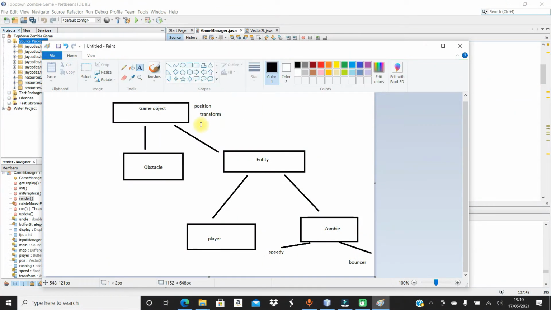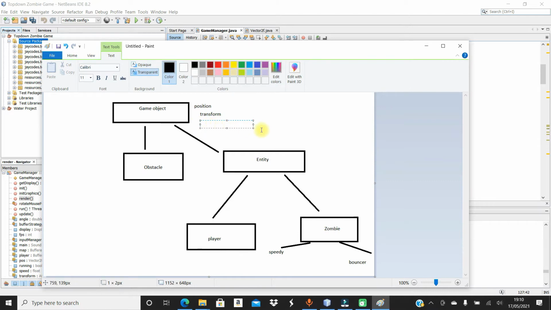It should also have a, what else do game objects have? A size, a width, and a height. And when we create other stuff, like an obstacle or an entity from the game object, it's already going to inherit these. It's going to inherit position, transform, and size. So with inheritance, since we already have the game object having a position, a transform, and a size,